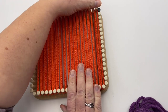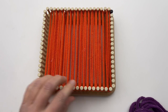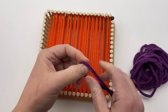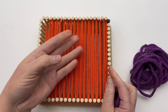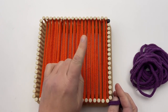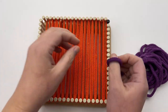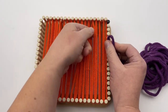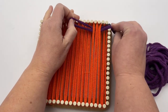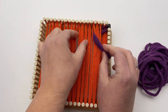Okay, so I'm going to bring these up to the top and I'm ready to begin my weave. For the first row, I'm going to take my color B, contrast B in purple, and it's like a 4-row repeat, and then we'll do that again and then it changes slightly. So row 1, we're going to weave over 2, then under 2, and repeat across until we have 1 left here. So we're going to go over 2 and under 2. Make sure you're getting both sides from each loop. Place that on that first peg there. All right, so over, under, over, under,